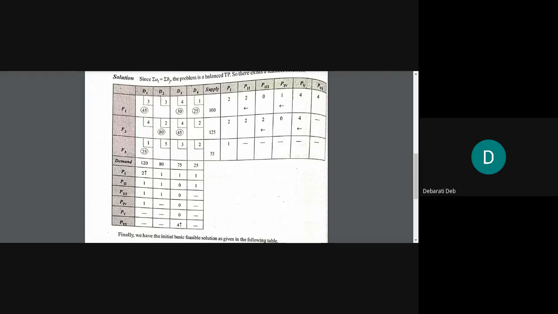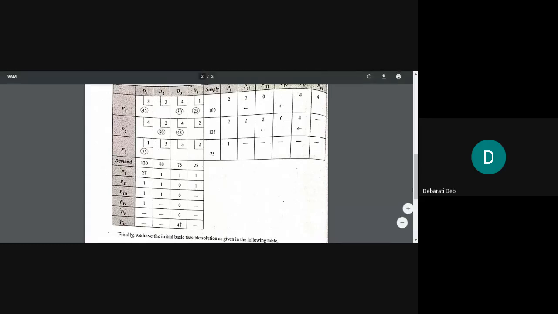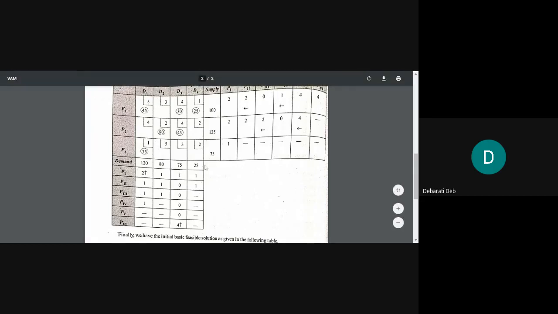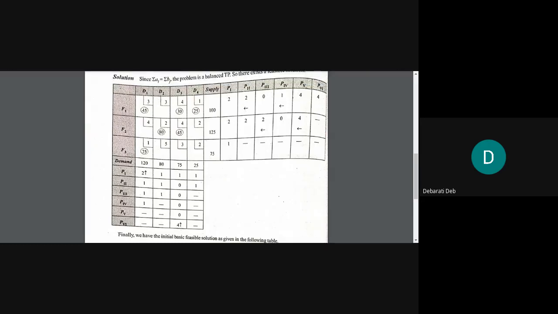Okay. Now you see what you got under P1 in the column side: 2, 2, 1, and in the row side P1 you got 2, 1, 1, 1. So all are 2's and 1's, right? The highest between 2 and 1 is 2. So arbitrarily you can take any one, either the first row, second row, or the first column. Let us take the first column first, so that we begin with the first number.